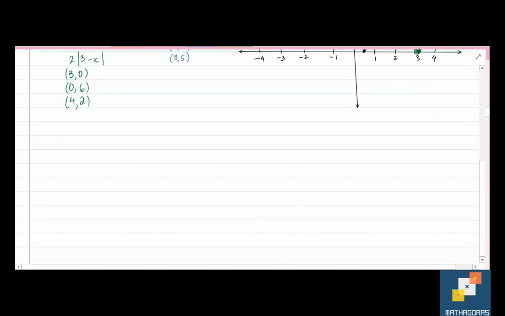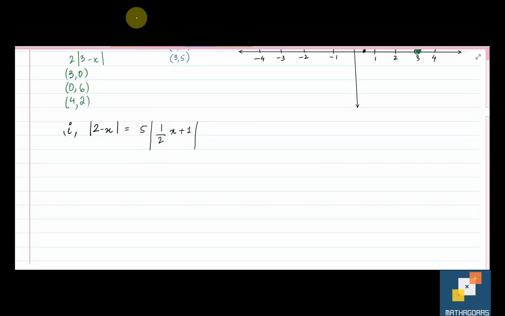Moving on to the next one, it's part I. 2 minus x is equals to 5, 1/2x plus 1. Now it's very similar to the last one, right? We have modulus sign on both sides and we have a number outside the modulus. So what you guys need to do, you know it very well, just pause the video and start the solution